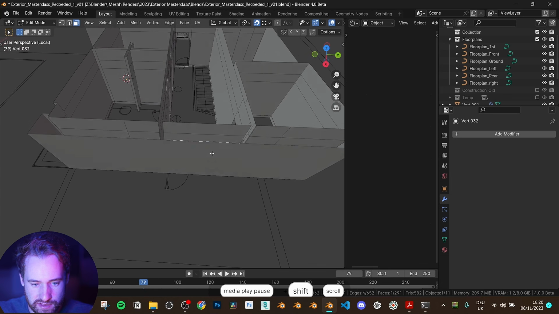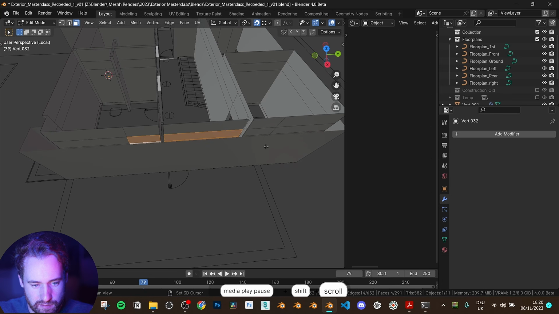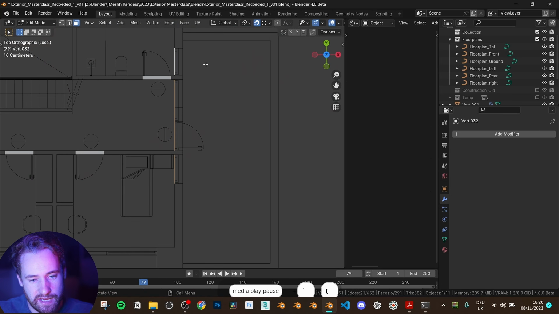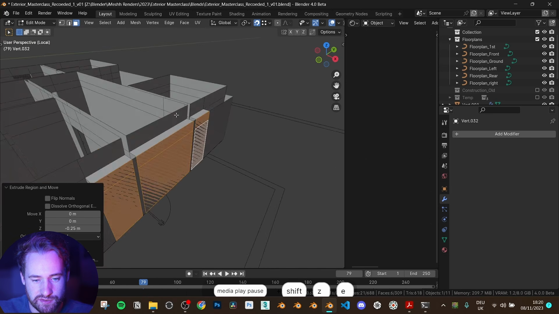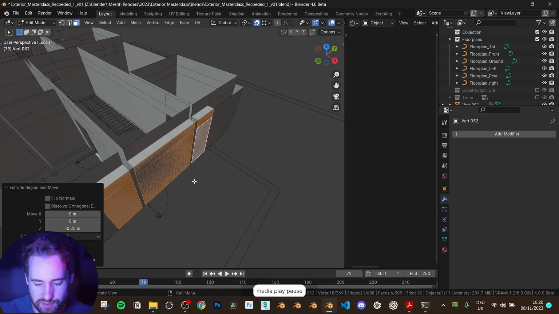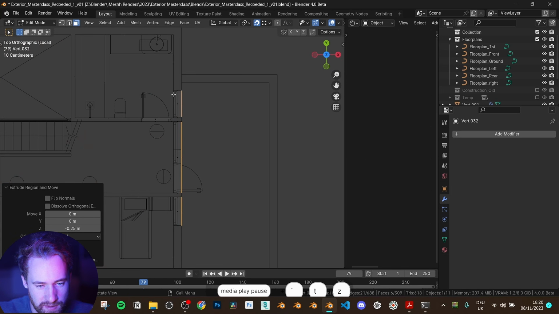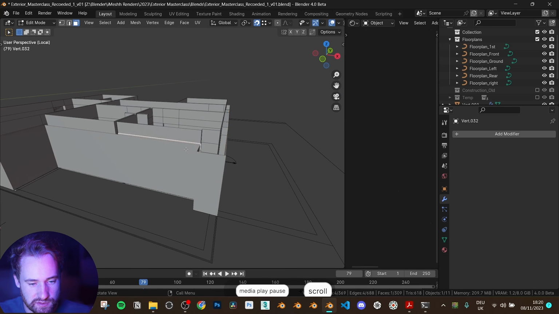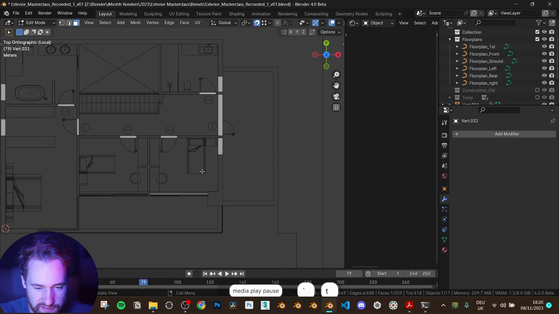Let's do this one. These windows here. Sorry, I have already done this a couple of times, so I do know where all the windows are. But you just want to double check against the floor plans to make sure that you are doing the right bits. Okay, now we have the windows. So I'm going to select this one. I believe that is the window,